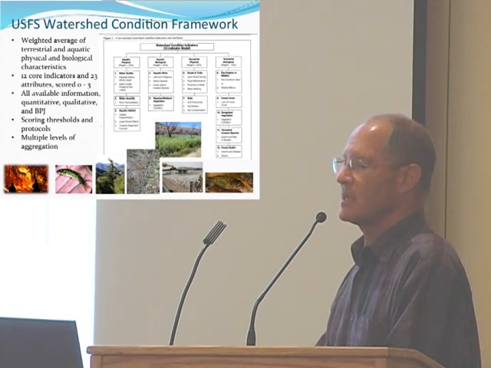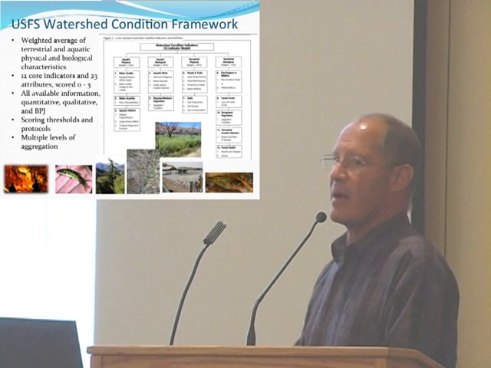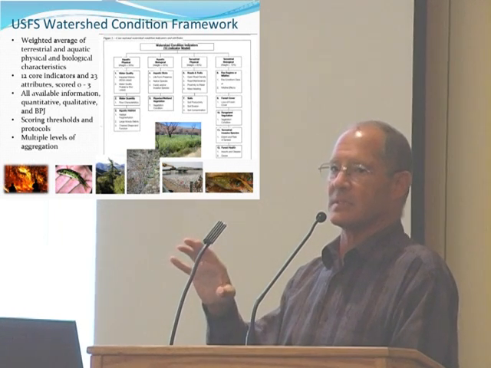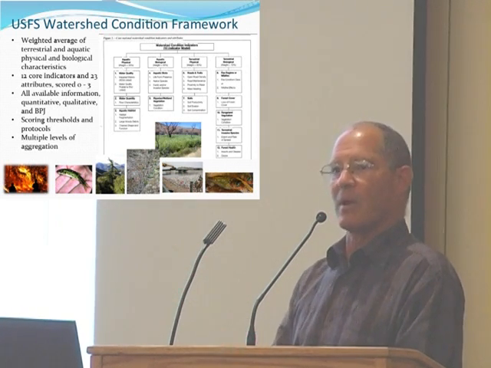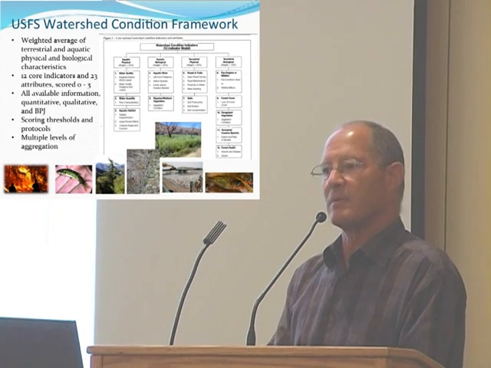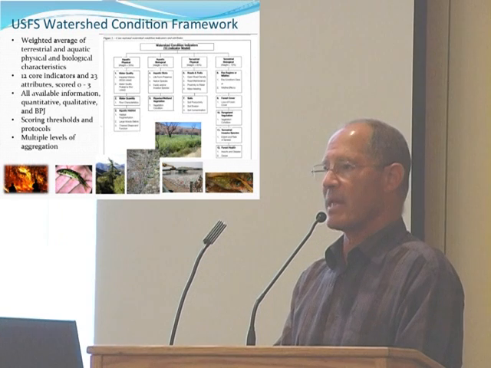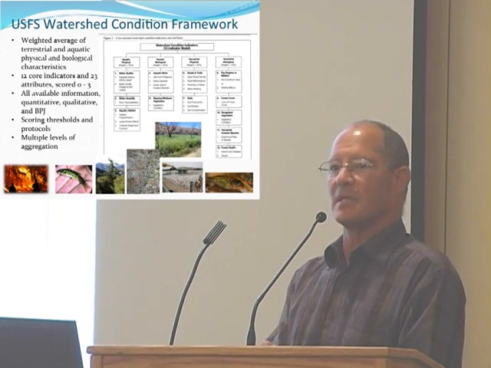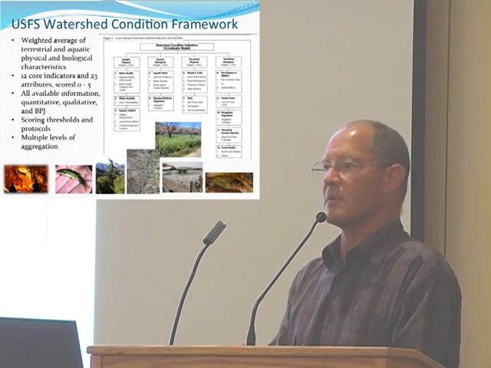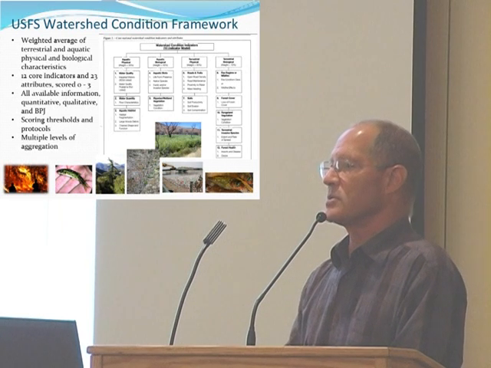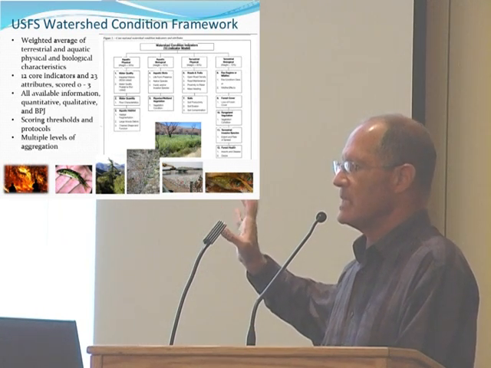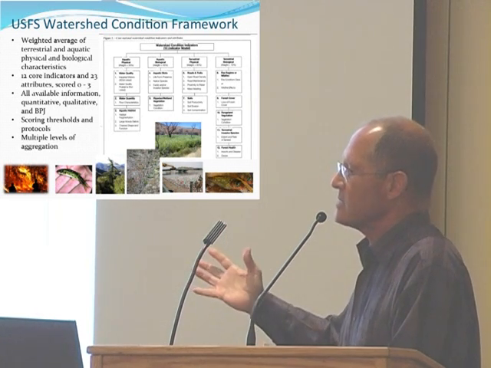And so their intent in doing this is to find out where watershed areas in the ecosystem are functioning well and where they're at risk. And they want to put some attention on the places that are at risk rather than the ones that are degraded. They want to keep the ones that are at risk from moving over into the degraded column. And so this kind of assessment meets their needs. Casts a pretty wide net,